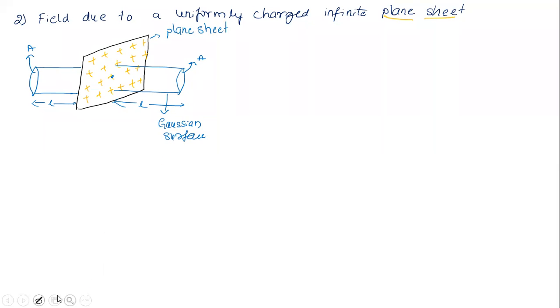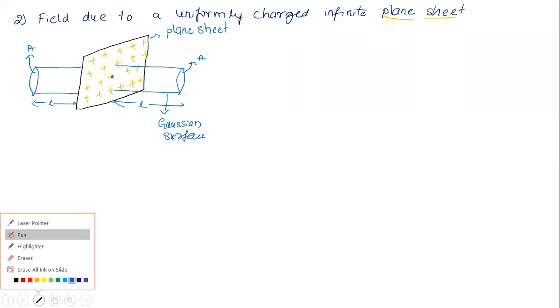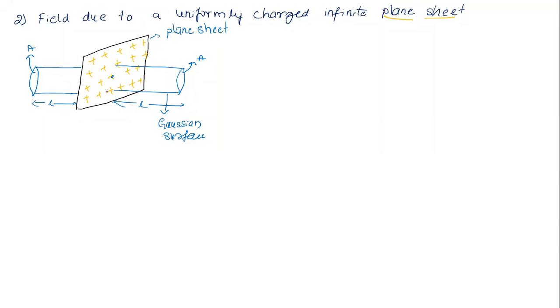Now I want to find some locations where I need to find electric flux. There are 3 regions I'm going to consider. First, I'll consider here, location number 1. Location number 2, I can take on a curved surface anywhere. I'm going to consider here the curved surface, location number 2. On this surface, I'm going to take here location number 3. So any other possible locations where flux can be different? No, right? At these locations, I'm going to find electric field first. Electric field here, it will be in this direction.